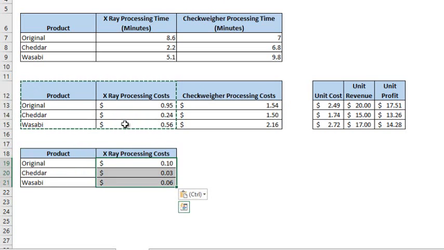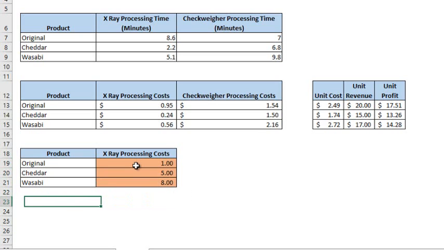Then we'll just delete these. And because these are going to be our decision variables, I'm going to give it a different color. And then for now, I'm just going to put in some dummy values. Oops, let's change these to comma. Okay, and now we're going to add a label for minutes used and X-ray. Okay, so to get the total minutes used, there's a few ways we can do this, and